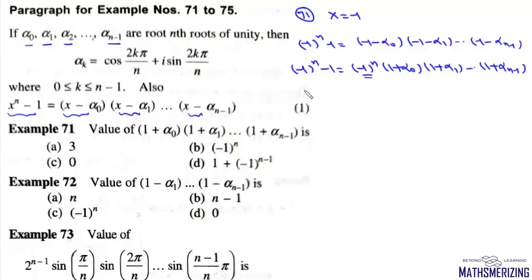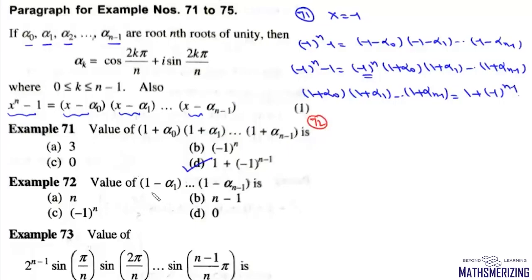Now we can write this as (1 + α₀)(1 + α₁)…(1 + αₙ₋₁), which will be simply 1 + (−1)^(n−1), and that's your option D. Now example 72 is,